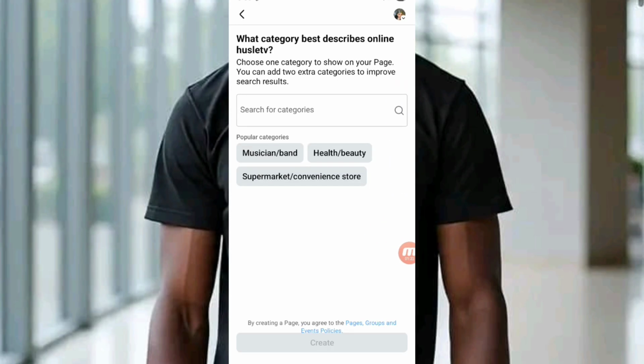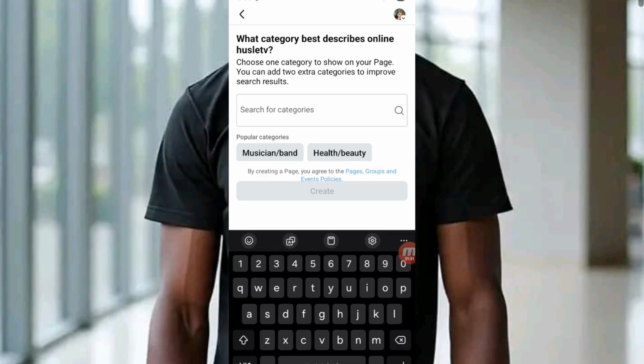Click on where it says next, and you'll be brought to where it will ask you to choose the category this particular page is going to be about. What this means is that when you create your Facebook page, what category are your contents going to be based on? Is it going to be based on health? Is it going to be based on beauty? Is it going to be based on music brands? Is it going to be based on marketing? Is it going to be based on convenience stores? Is it going to be based on tutorials like mine? You understand? So if it is going to be based on tutorial, just type